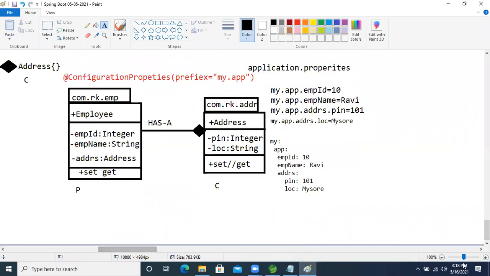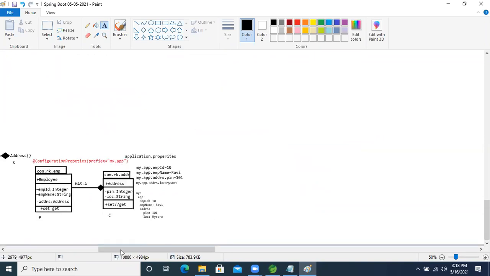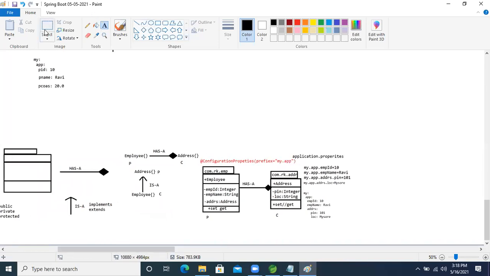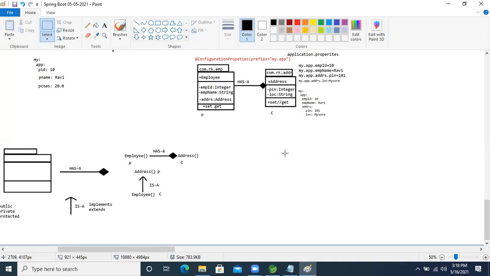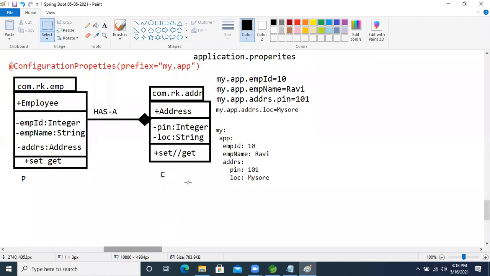Now we will increase some attributes. Just think about it: emp id, emp name, and these other attributes are also there.